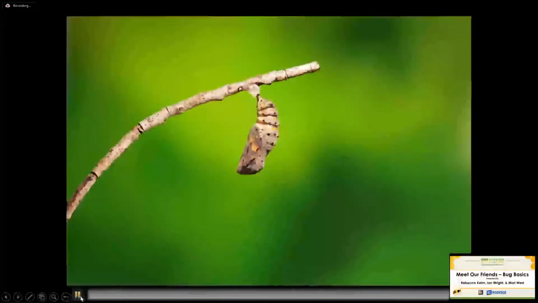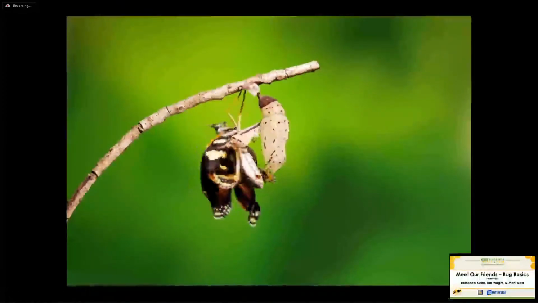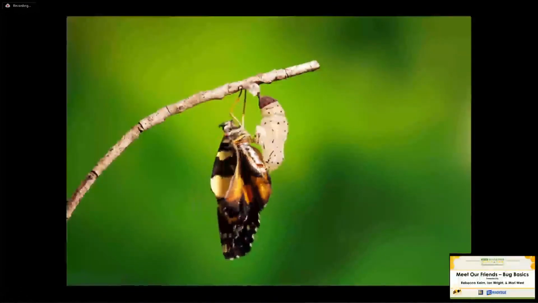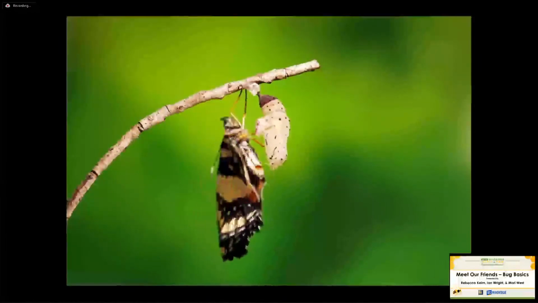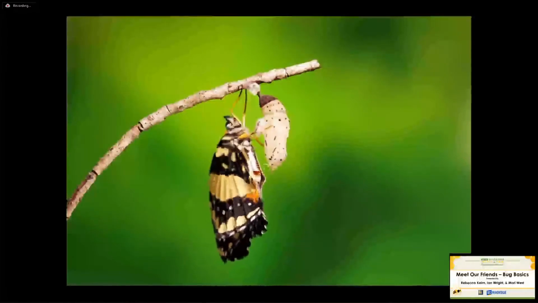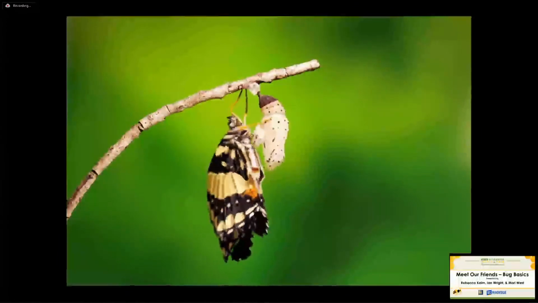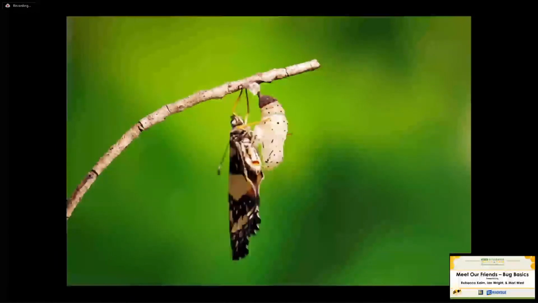And then this is what happens. This is a different butterfly species, but this is what happens when they push their way out of that pupal case and inflate their wings. They're pumping their blood into their wings, because again, these insects don't have bones, they don't have a structure to hold the wings up. So what they use is a series of tubes and veins that form the structure as they pump their hemolymph into their wings, and then they dry, and then they form this rigid membrane that insects can use to fly off.